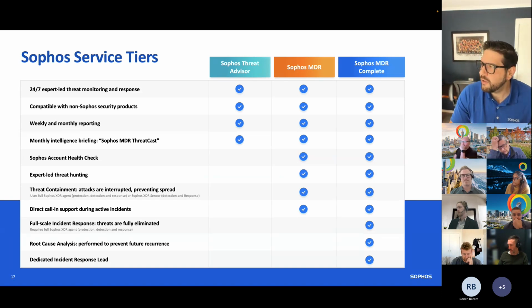MDR standard, which is that orange one in the middle there, basically covers everything except that last mile. So we'll monitor things, we'll give advice, we'll triage, okay? We'll catch things, isolate them and stop them, but then we don't do that last mile, which is the cleanup afterwards. So the actual full incident response where we eliminate all the threats, we monitor it to